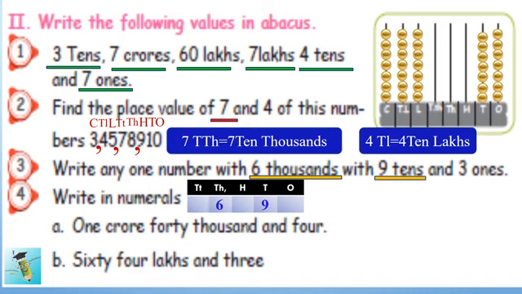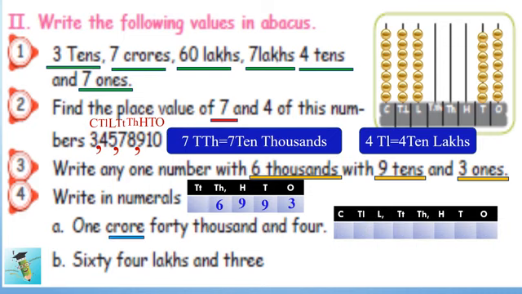6,000, so in the thousands column we can put 6. Then tens column 9, ones column 3, isn't it? In between I can fill with 0 or 1 or 2 or 9, whatever number, no problem. If you fill also no problem, or if you do not fill also no problem, because from that question I have entered all the answers. Okay.